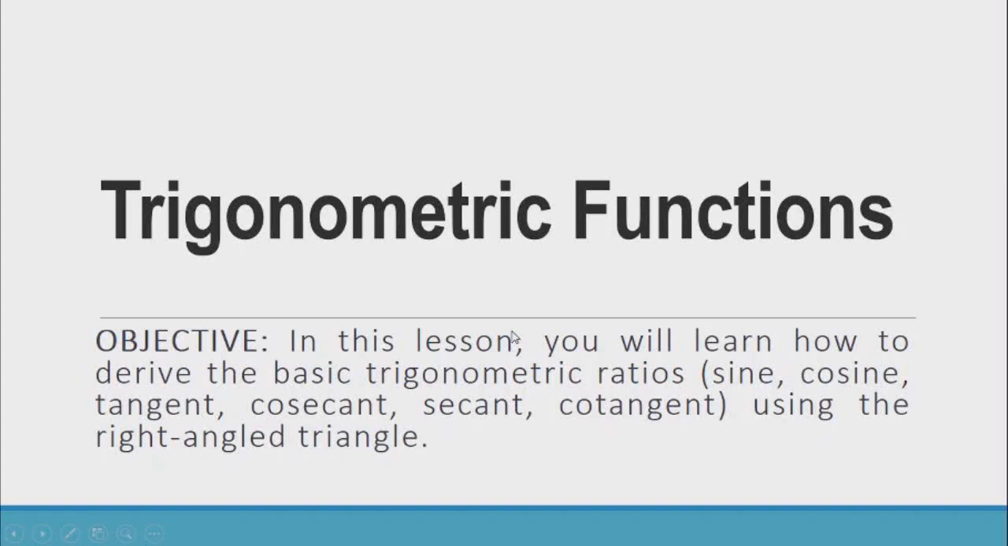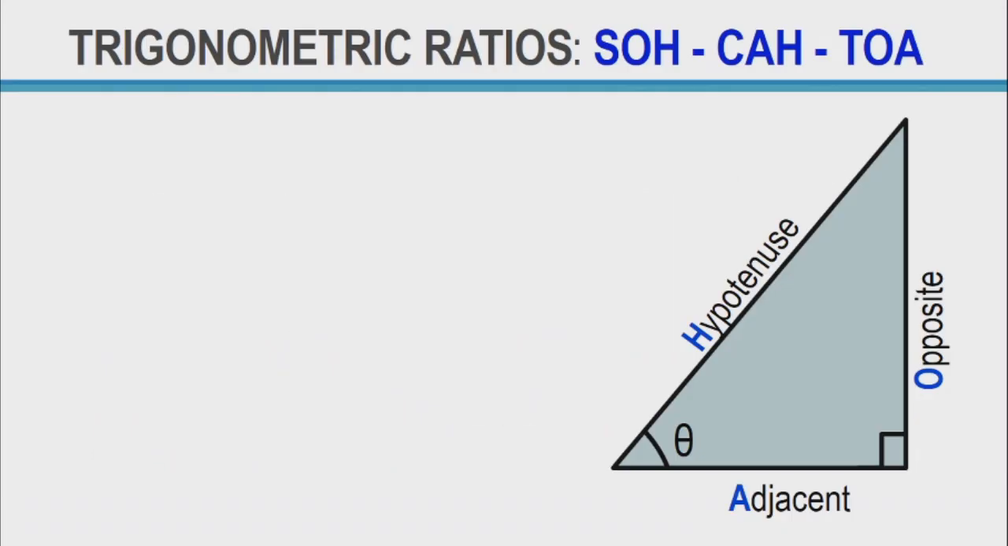In this lesson, I will show you how to derive the basic trigonometric ratios using the right-angled triangle. So given this right-angled triangle, the longest side is called the hypotenuse, and the side that is next or adjacent to the angle theta is called adjacent, and the side that is directly opposite the angle is called opposite. So given these three sides, hypotenuse, adjacent, and opposite, we can formulate the sine, cosine, and the tangent of this